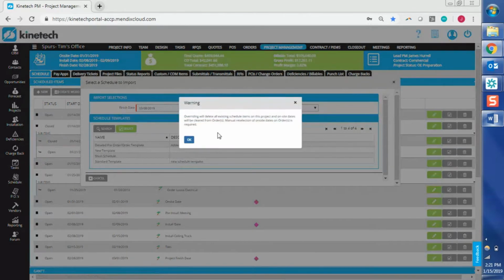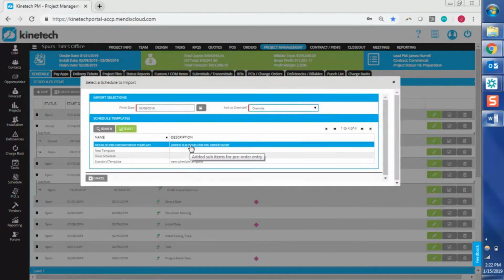So I'm going to pick the override option here, and it is going to give me that warning because overriding it does mean that we will delete out all of these schedule items that you see here in the background. This is the training environment, so that is exactly what I would like to do. I'm going to pick this first template. Before we move on,